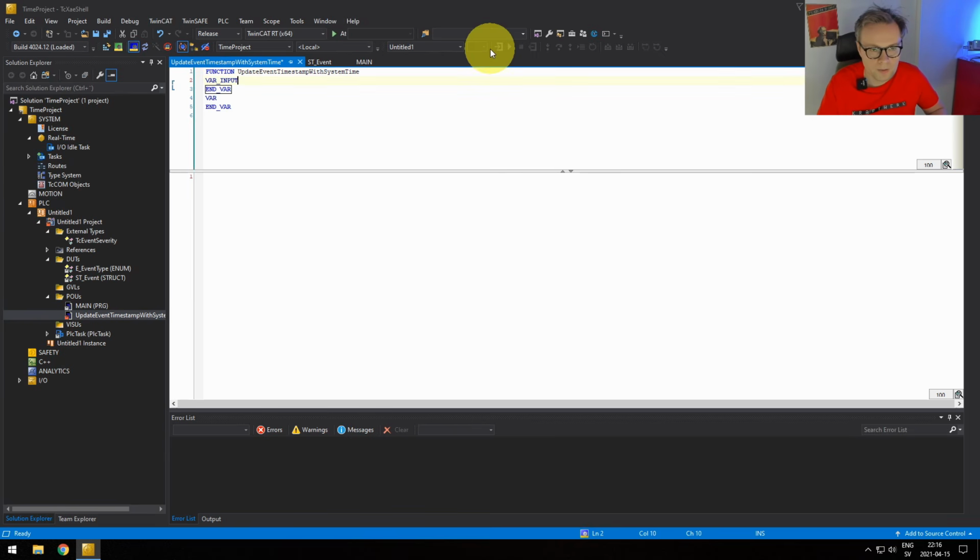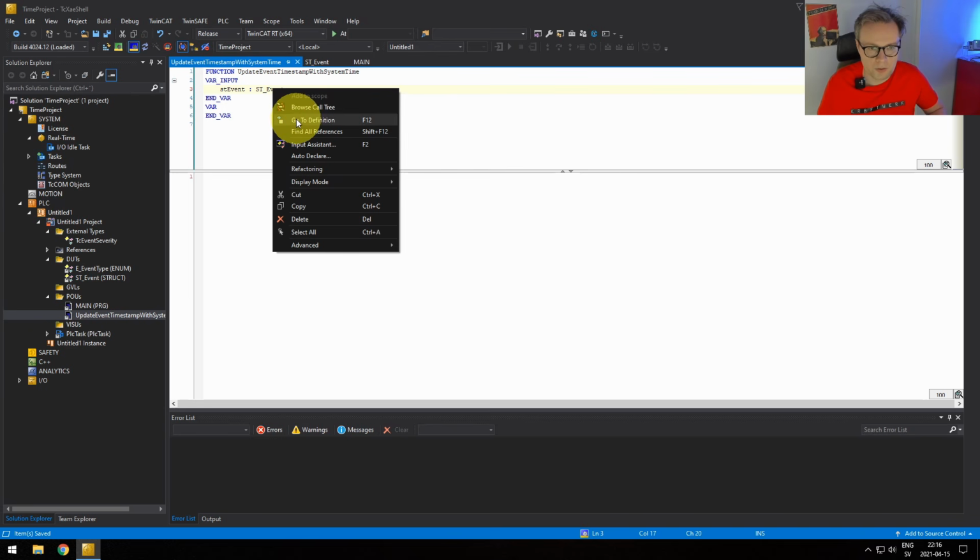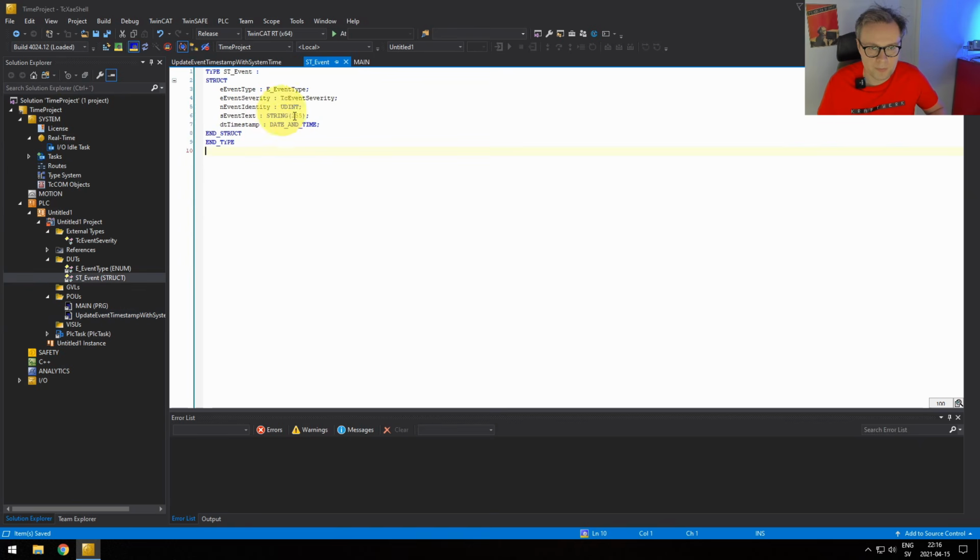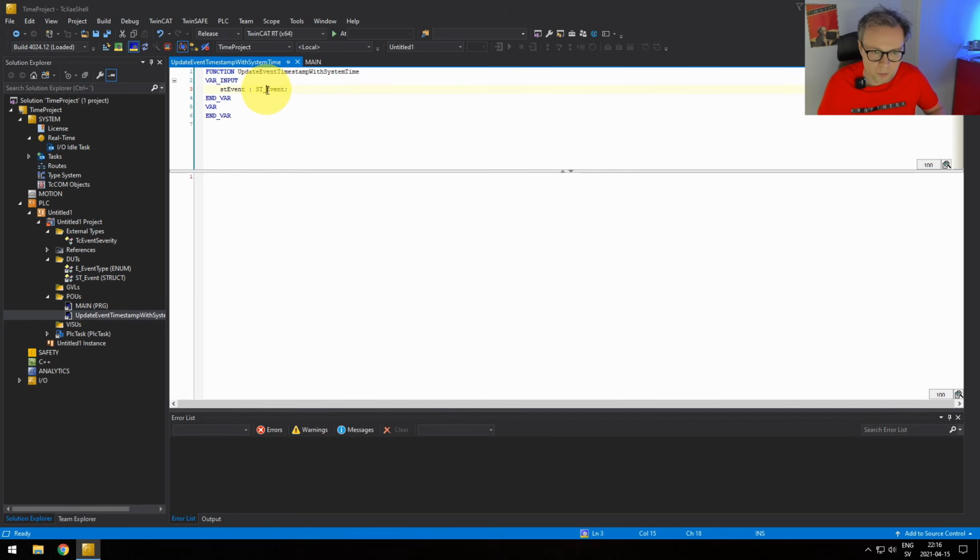Very silly. Then, as an input, we need to have the event. So I just call it SD event, which is of type SD event, which we just defined, right? So if you look at this one, it's the structure that we just defined. So what we're going to do is we'll take this one in as a reference.